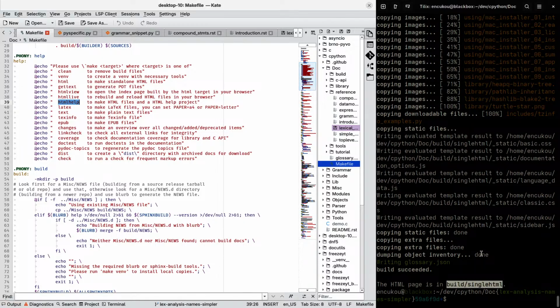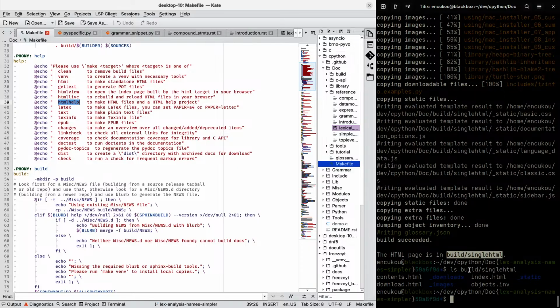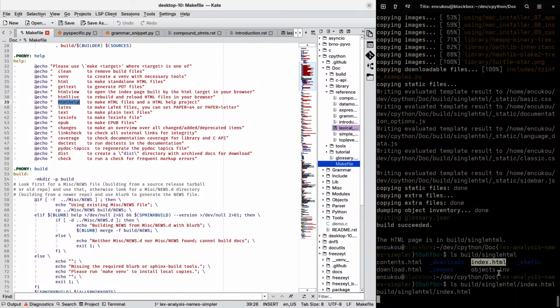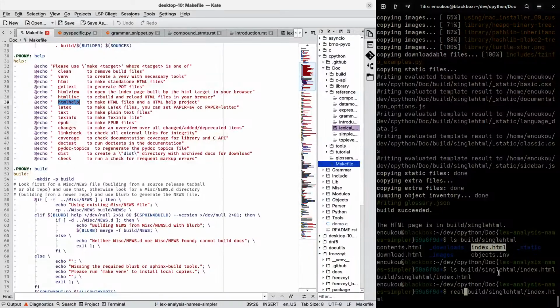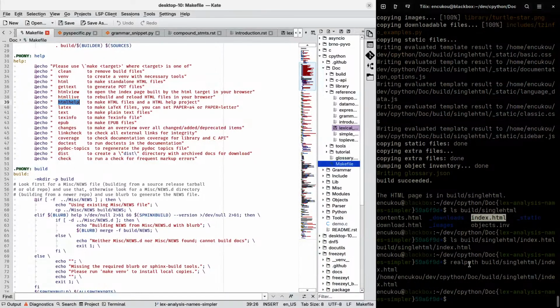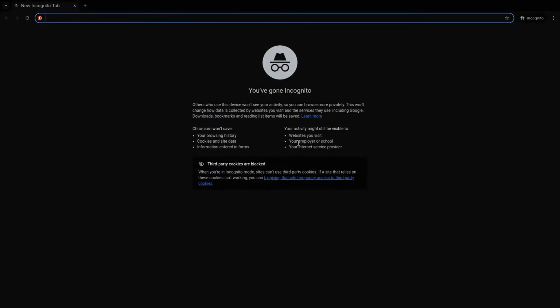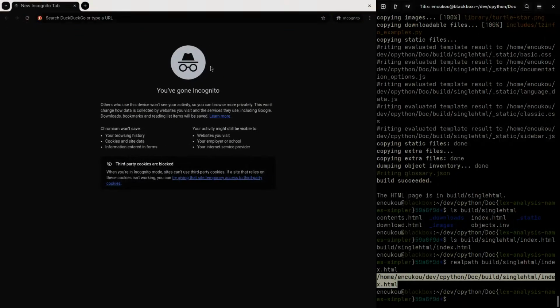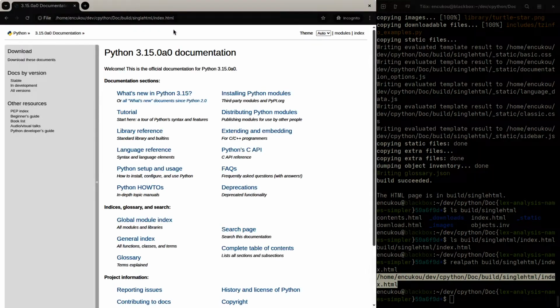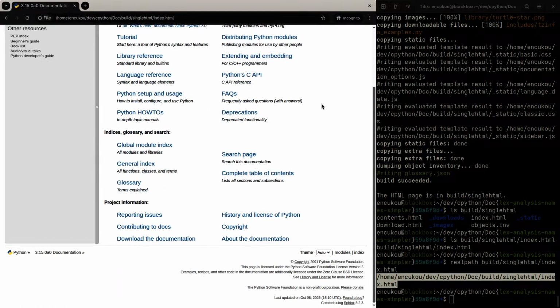So now this now put index.html in this directory. So let me open that in my throwaway browser so I don't crash my main one where I'm streaming.